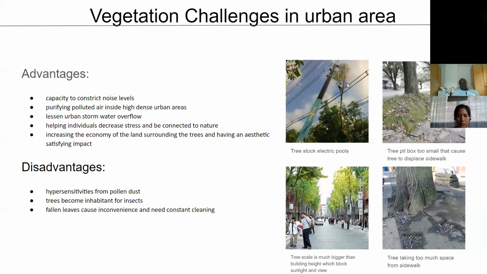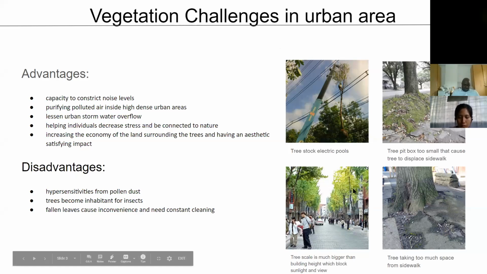So to start with, I will start with the background and the purpose of this research, and then some experimental technique and the results of the experiment, and the discussion at the conclusion. So the reason why I did this research is I found some challenges in the urban vegetation. Usually the metropolitan cities try to increase the greenery in their urban cities. However, the way they approach the greenery and especially the trees, lack a lot of problems, and we can see